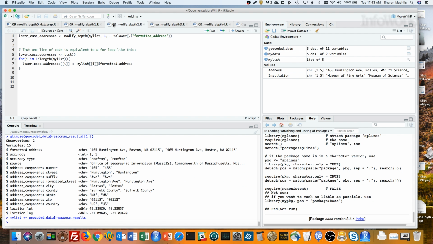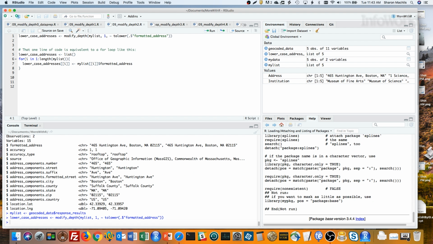So say we wanted to change every value in the formatted_address column in each data frame to be all lowercase. The first line is the code. I'm modifying myList at depth 1, and I want to change the formatted_address column to lowercase. That tilde after the 1 comma says what follows is a formula.